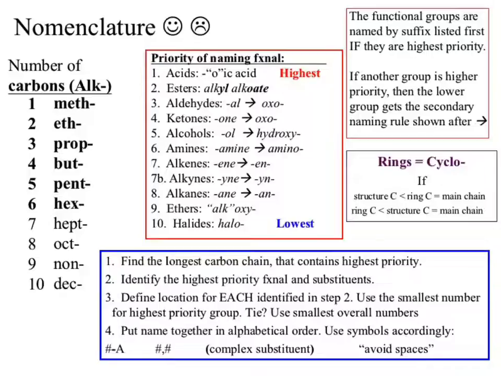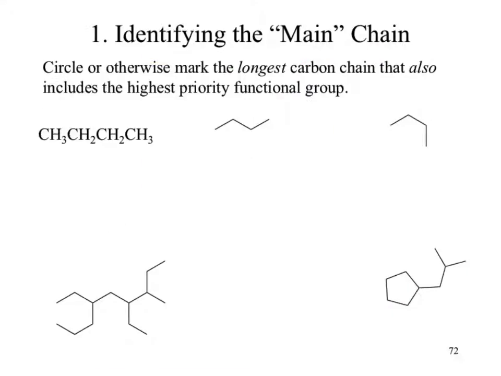Okay? I want to address one more thing when it comes to nomenclature because this is a simple thing to mix up. So let's take a look at it. Identifying the main chain. That was step 1. When processing nomenclature, I would highly recommend, particularly structure to name, that you mark the longest chain. You show it. You highlight it so that you know that that is what you're referencing off of because then you can name everything else separately off of it. Okay? So if we took a look at the first one,